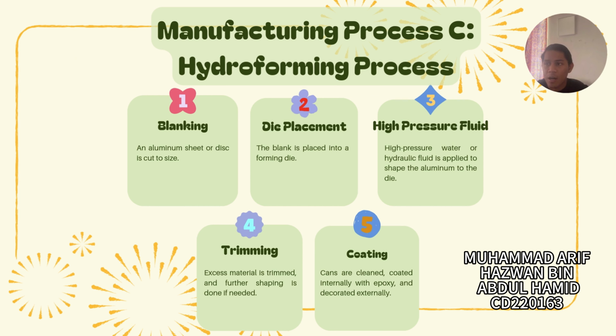So first, we start with blank preparation. This means cutting a flat aluminum sheet or disc to the correct size. This blank will later be shaped into the desired design. Next is die placement. The aluminum blank is placed into a forming die, which acts as a mold for the